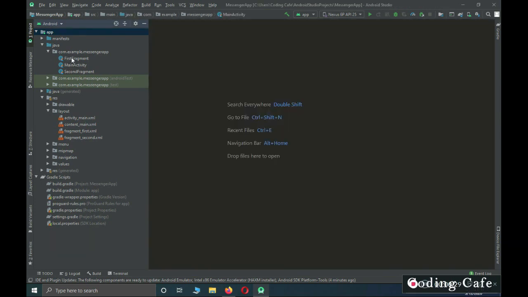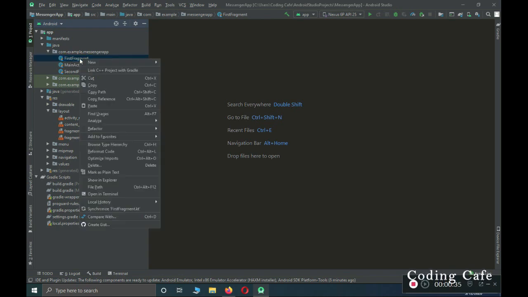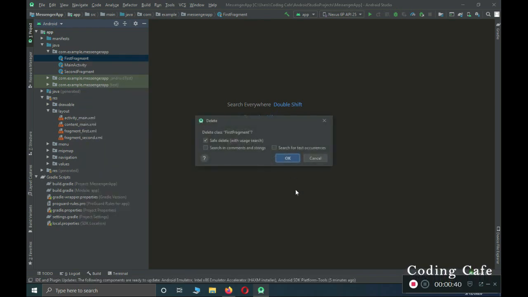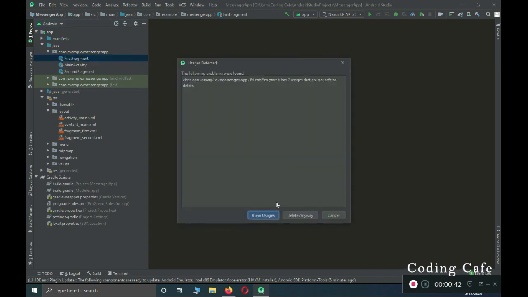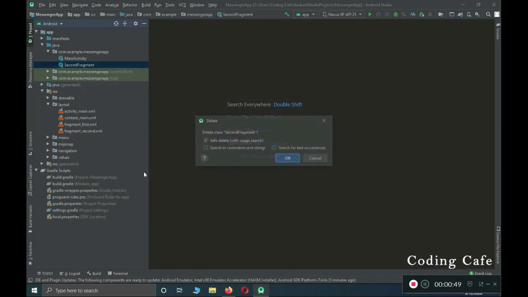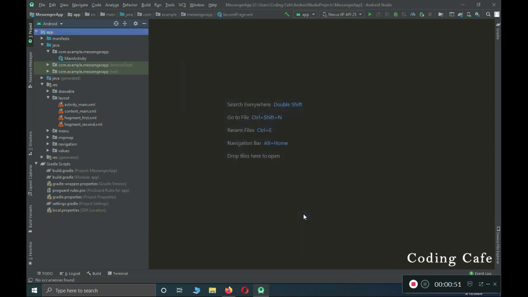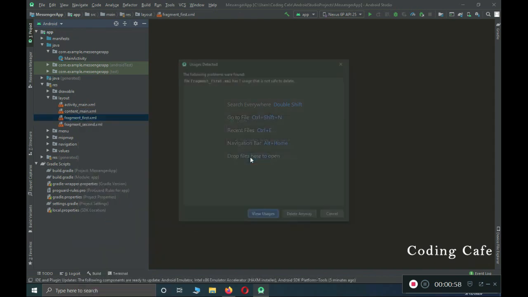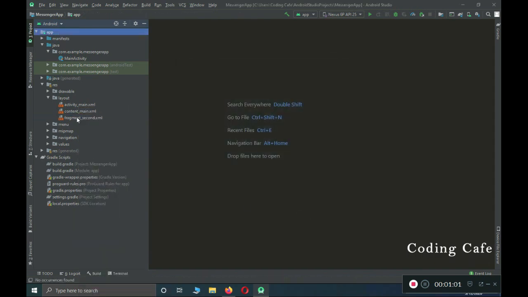Now here you can see we have this first fragment which is created by default. We do not need this. Just select this, right click on it, and click on delete, and just click OK. Delete anyway. Same for the second fragment. Also right click on it and delete this, and make sure to delete the XML file for this also. Fragment first.xml. Delete this, delete anyway, and fragment second,